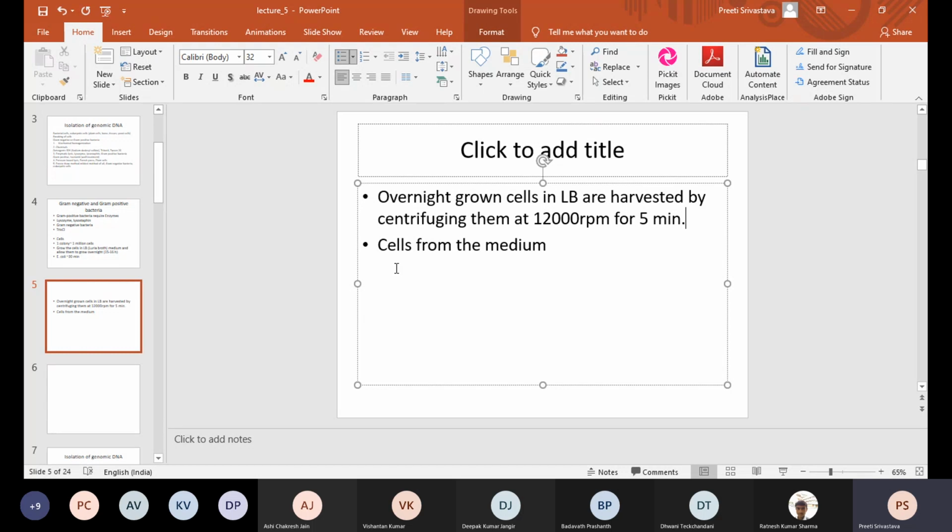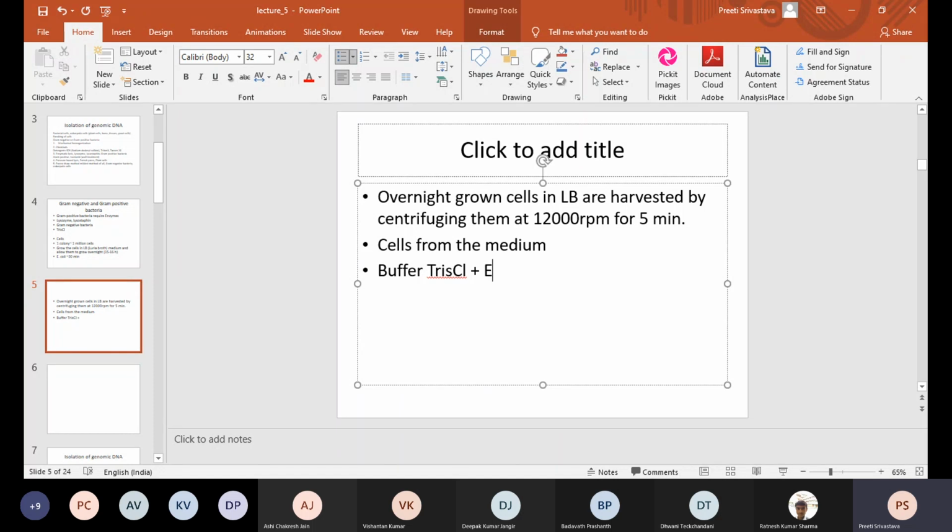But for certain delicate applications, you do not use that high speed, because when we use a very high speed, then cells also sometimes lyse. So depending upon the application, the speed varies. For genomic DNA and plasmid DNA isolation, class, 12,000 RPM is fine. So you separate the cells from the medium and then you resuspend the cells in a buffer which consists of TrisCl. As I told you, I'm not going to give you the concentrations etc. Those are details that you will be preparing and using when you come to the labs.